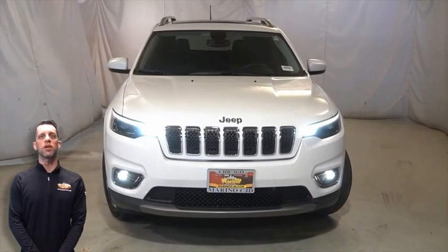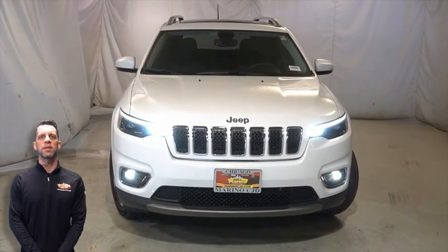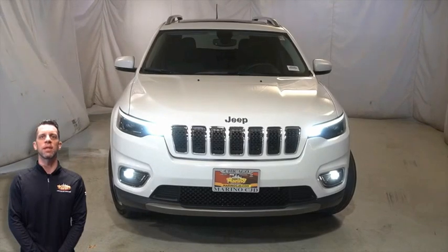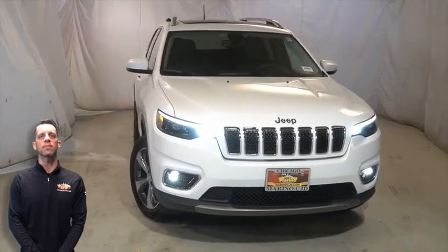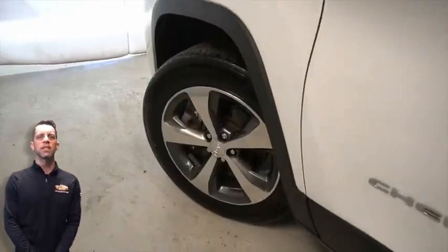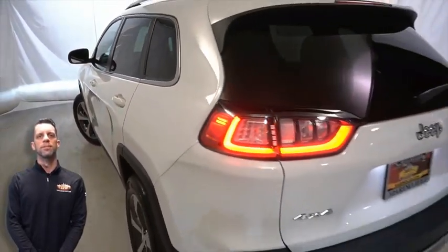If you're looking for a functional compact SUV with reliability and safety for the whole family, then take a look at this certified pre-owned 2019 Jeep Cherokee Limited in bright white. With LED daytime running headlamps, blind spot and cross path detection, 18-inch aluminum wheels, rear window wiper and washer, LED